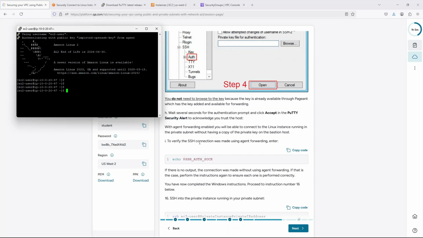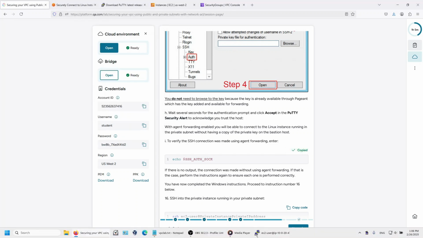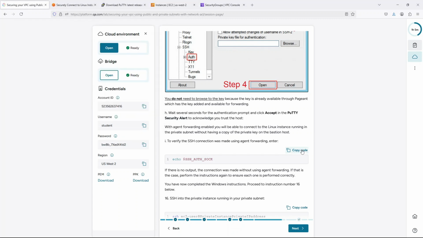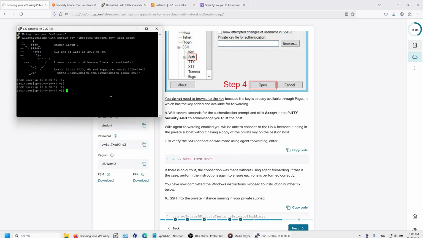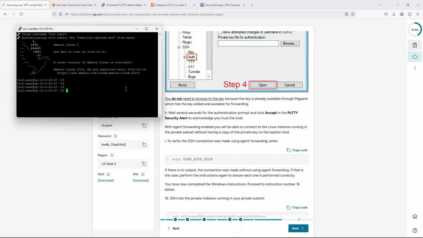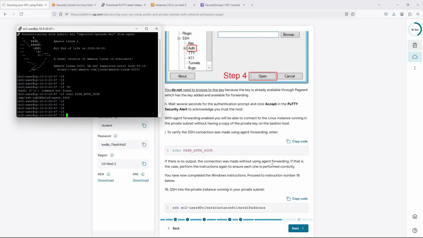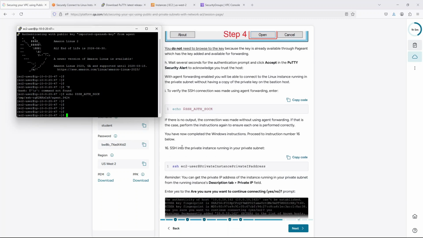And let's verify the SSH connection was made using agent forwarding. It is. So let's proceed from here to SSH into the private instance